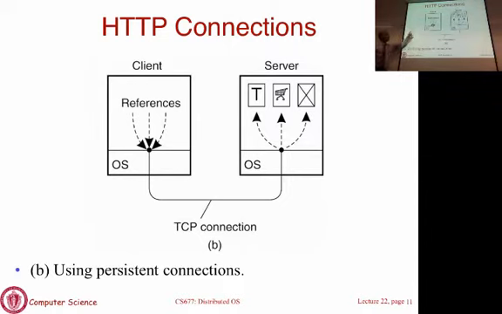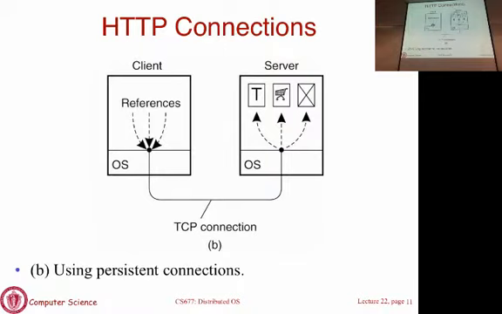You will see what has happened is, now in this case, there's only one TCP connection between the client and the server. You send off your request, get back the response, but then you don't tear down the TCP connection. You reuse it for subsequent HTTP requests, because there is no reason to tear it down. If you're going to set up another one, you may as well use the one you set up.